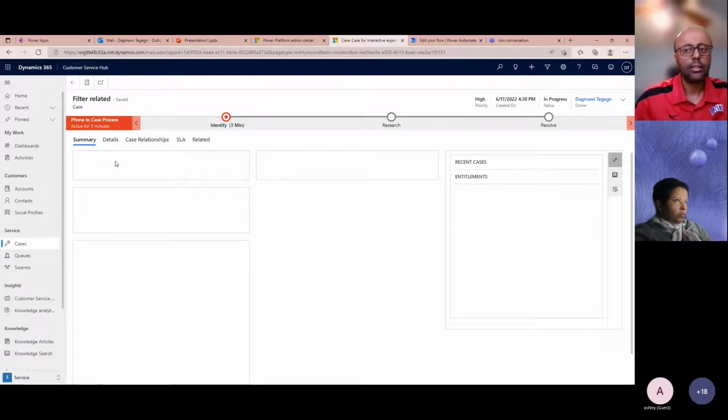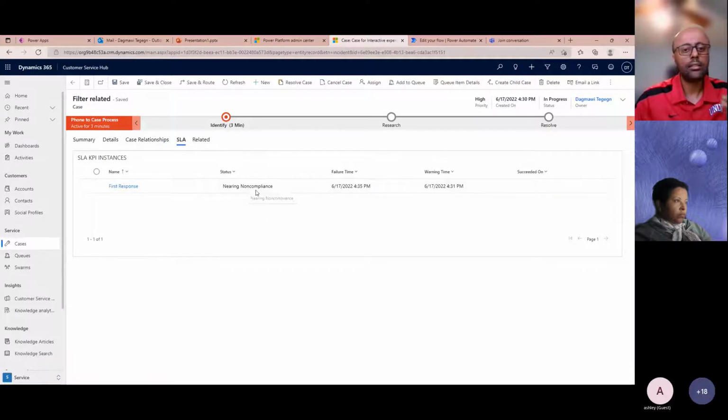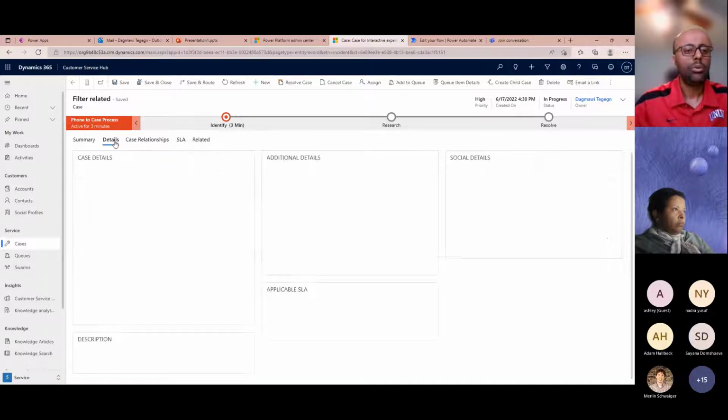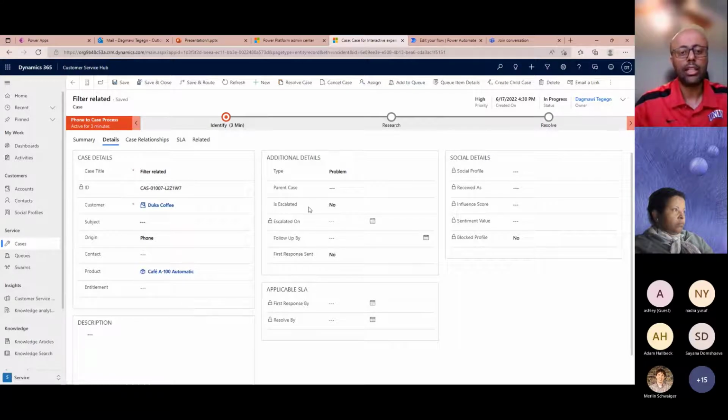So when we go to the SLA part, as you see, the status is nearing non-compliance. But if the priority was low earlier, we don't see any SLA connection with this specific case. As soon as I changed the priority level to high, right away it puts it into that specific SLA, and then we go to the details part, and we'll see that the escalation is not yet